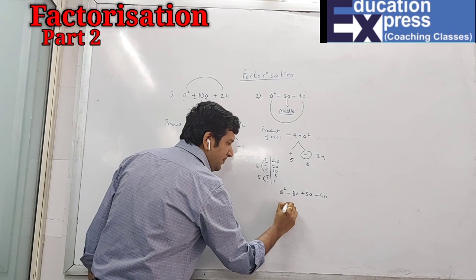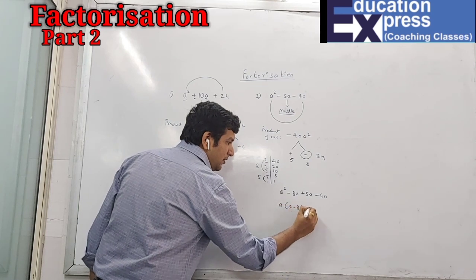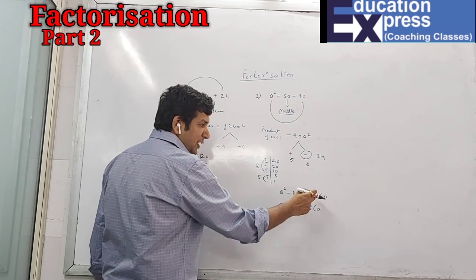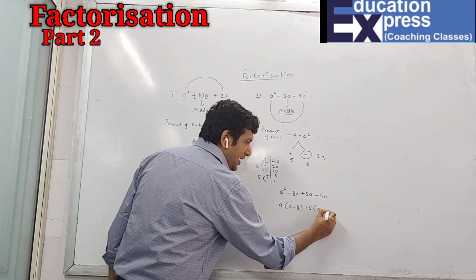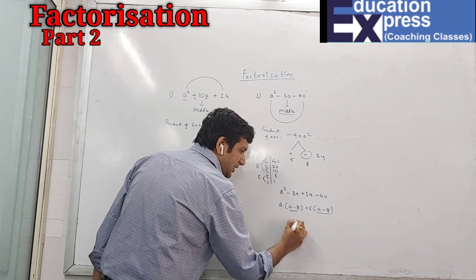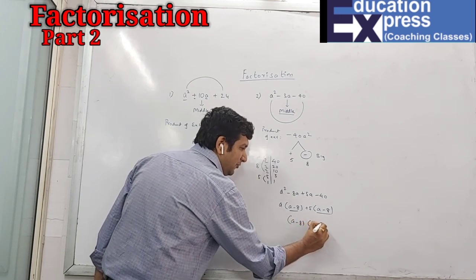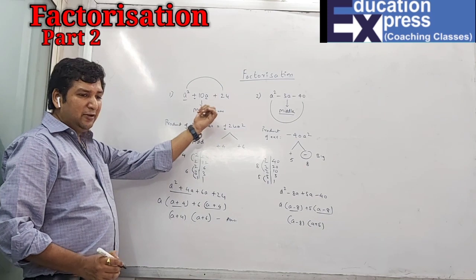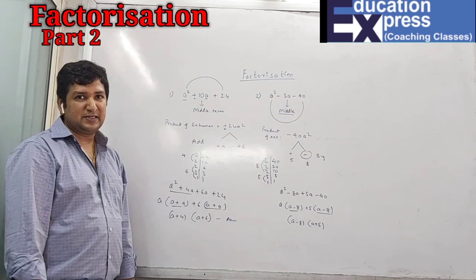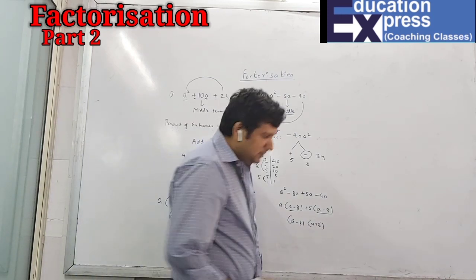So what is common? A. Then plus 5. I have told you that when you take plus sign, the inside sign will not change, will remain as it is. 5 8s are 40. Again, what is common? A minus 8 and a plus 5. Done. That means the first example I have given a positive and the second of negative, and throughout we have to do the entire exercise. We'll start with the third sum.